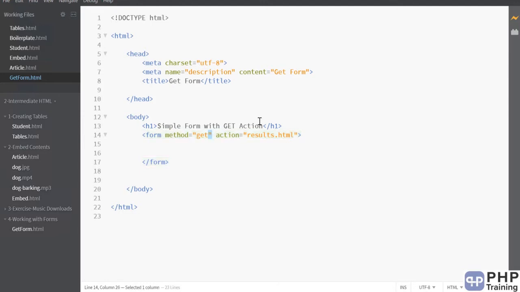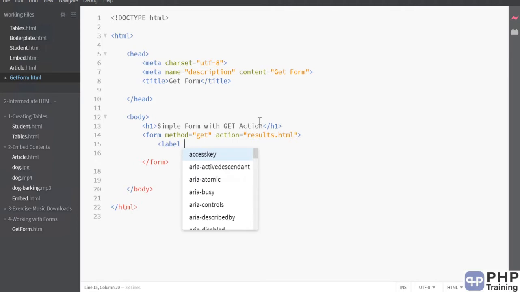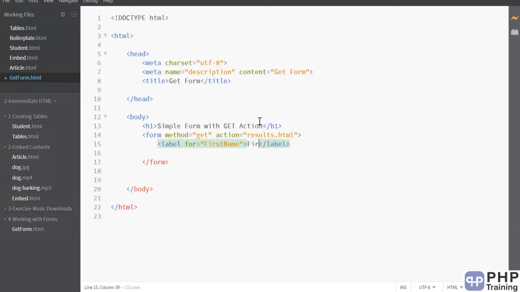Let's understand what this method get means. Okay, before that we'll write some fields. We'll write a submit button, reset button, and then we will try to see what the method called get is. Okay, so how to define a text box and a label. For label you have label, and with label you can basically say for which text box you're writing this label. So I'm saying there's a first name, and for the first name I'm writing this label. So after that we'll define what is first name. Okay, and this is the text I want to display.